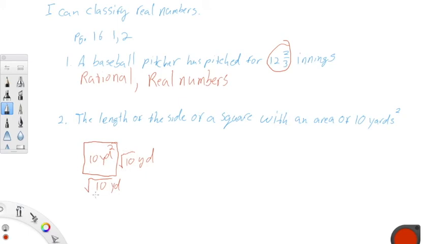Which, this is not a perfect square, right? It breaks down to 5 and 2. We don't have any pairs, so we can't break that out. So the square root of 10 is not a perfect square, which means that it is an irrational number. And if it's an irrational number, it's still a real number. So we're also going to classify it as a real number. And hopefully that example was helpful. I will go ahead and